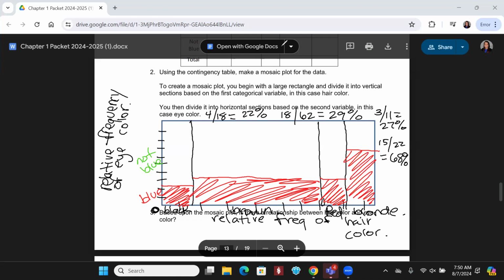Okay, I'm gonna put a pause because I know you're still catching up on drawing it. Okay, so here's number 3. Now that we've drawn this awesome graph, mine's a little janky. Now that we've drawn this awesome graph, we have to make a statement about it. Okay, so on number 3, it says, based on the mosaic plot, is there a relationship between hair color and eye color? So we're going to say there is an association with eye color